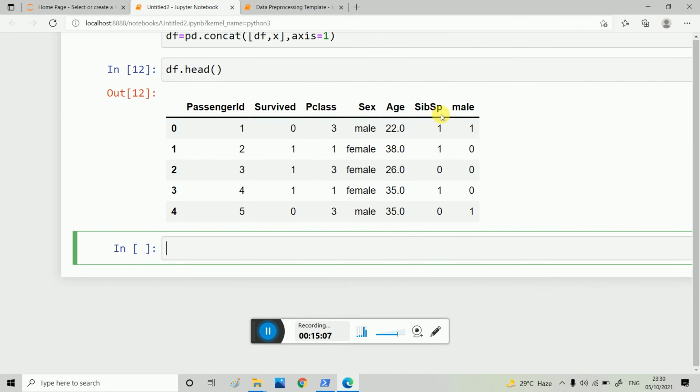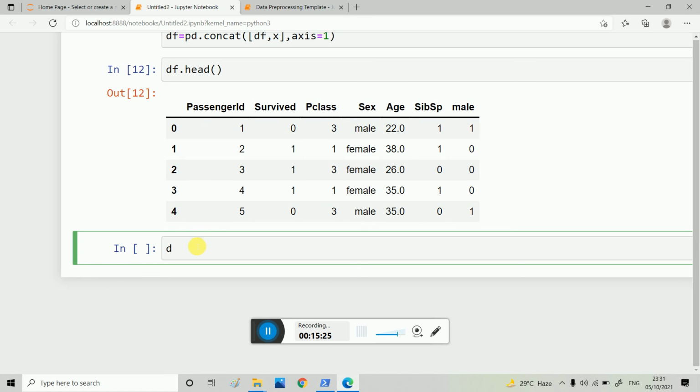And now I have created a column, the female column, that we don't want because it is dependent on that. I already explained in detail. So now this column is useless, so we have to remove that.